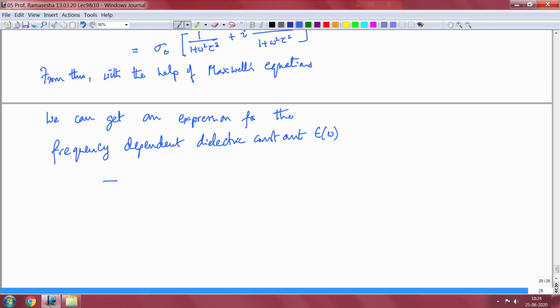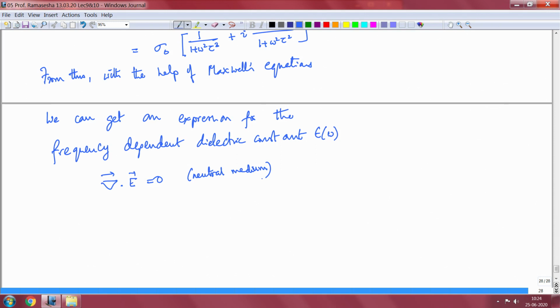Now let us try and obtain the high frequency optical response of metals. Like I said, we have to use the Maxwell's equations, and there are actually 4 Maxwell's equations. So the first of the Maxwell's equations is the Gauss's law, which is given by del dot E is equal to 0 in a neutral material, which actually is a metal, in a neutral medium, neutral in the sense electrically neutral medium.